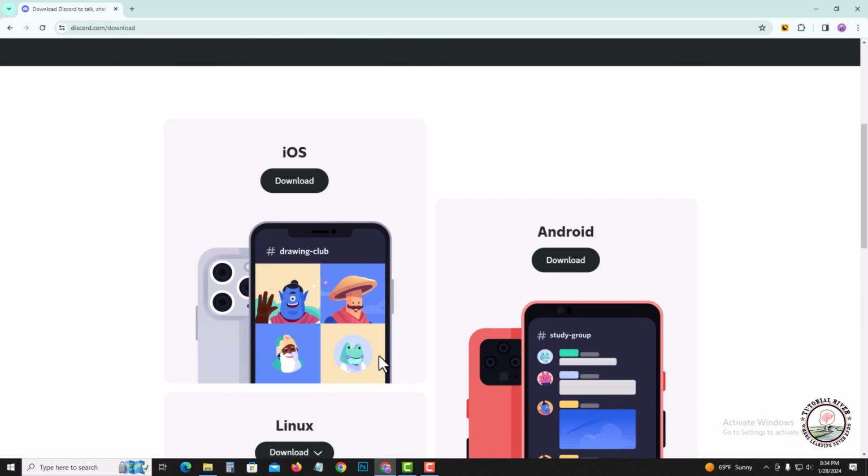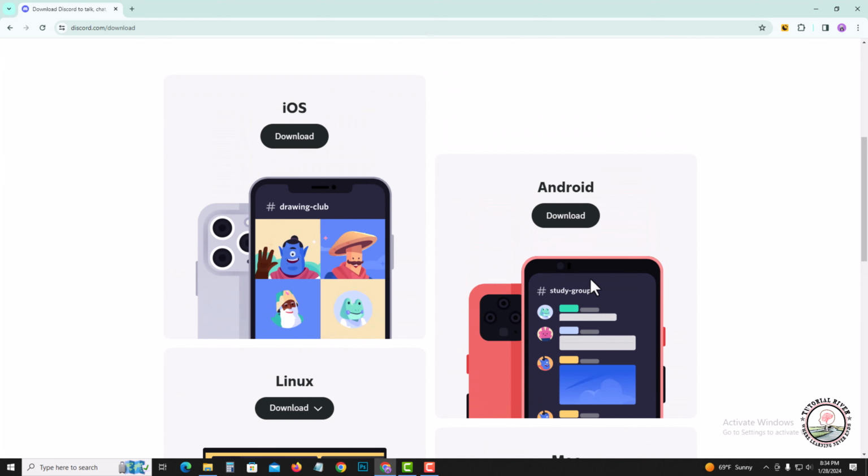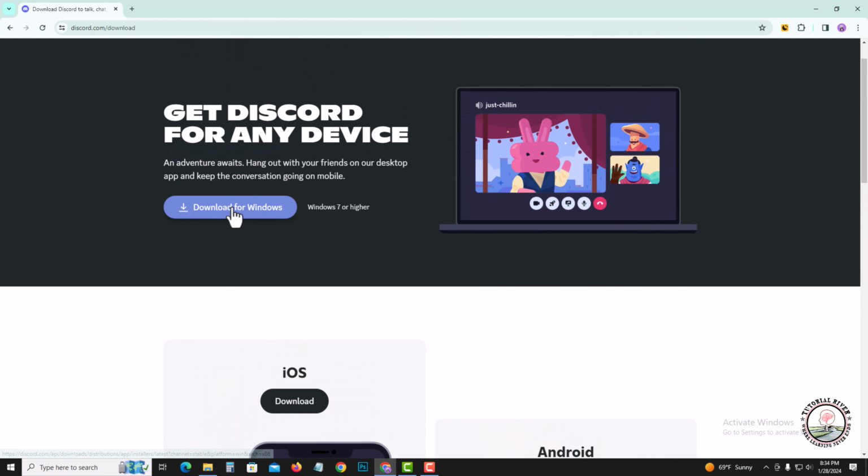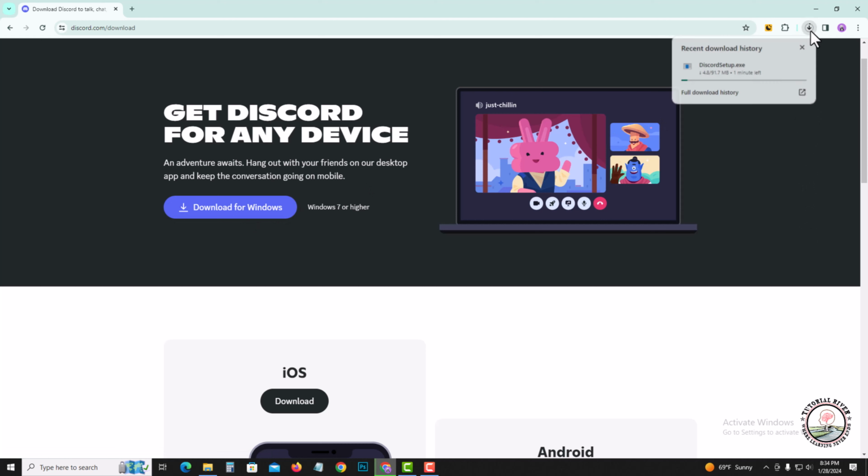And shown here are more versions: iOS, Android, Mac. Now I'm using Windows, so click on download for Windows. Now continue the download process. Click on